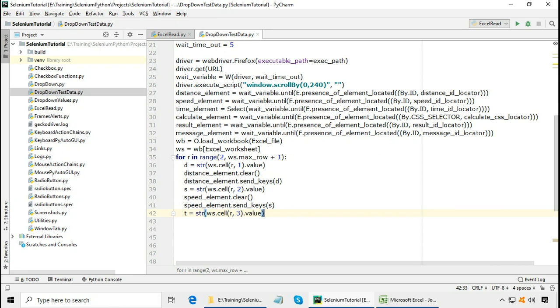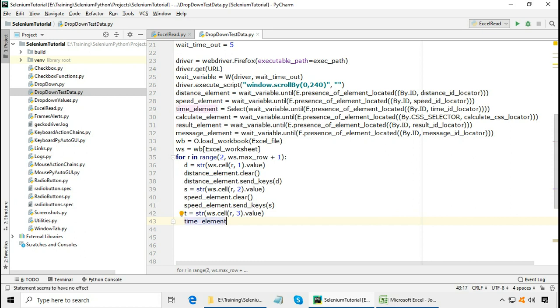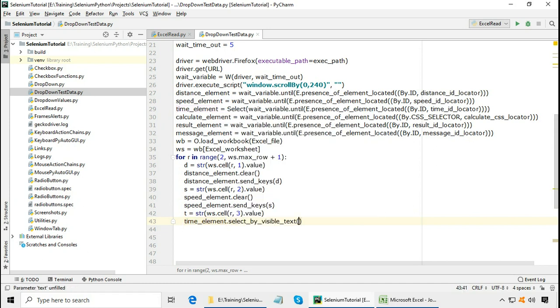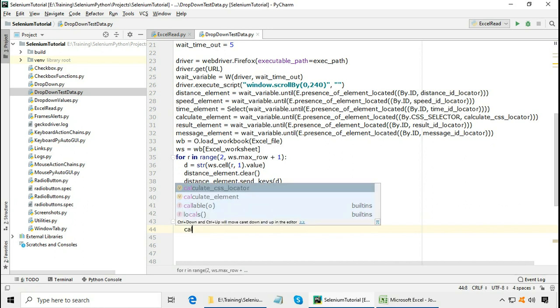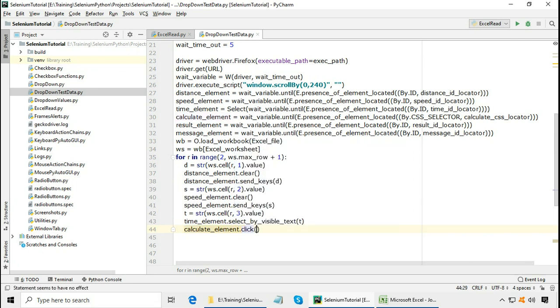This is going to come from column 3. Then within the application we have time element drop down, dot select by visible text and select whatever is given in the Excel sheet. Then we have the calculate element, which is a button, dot click.